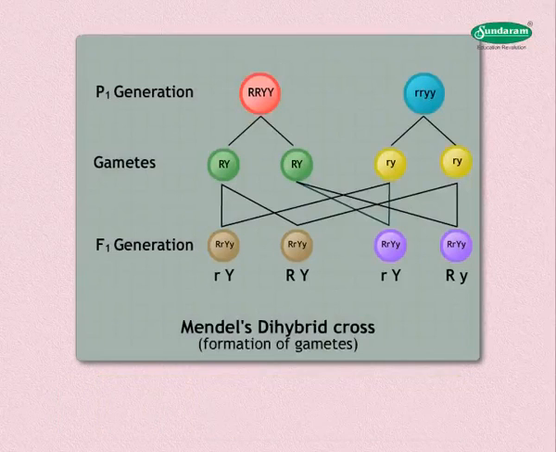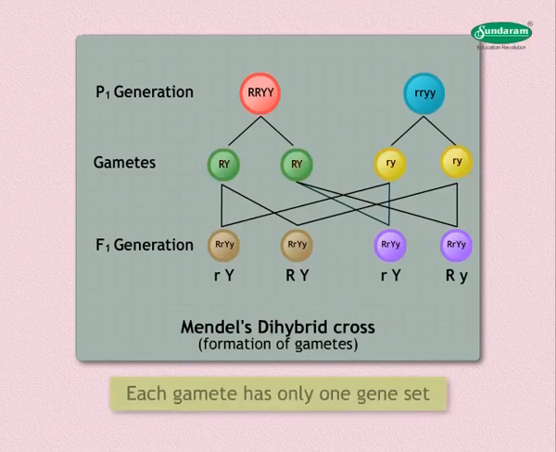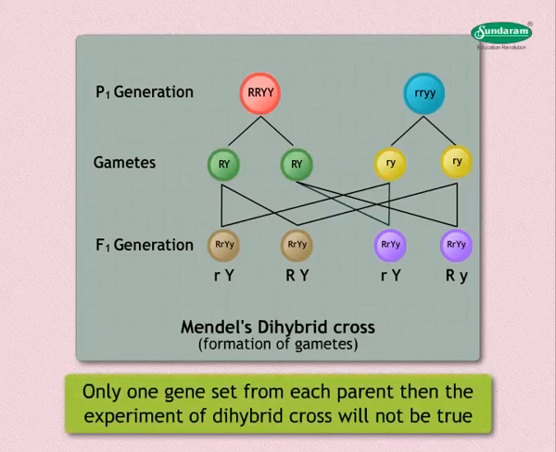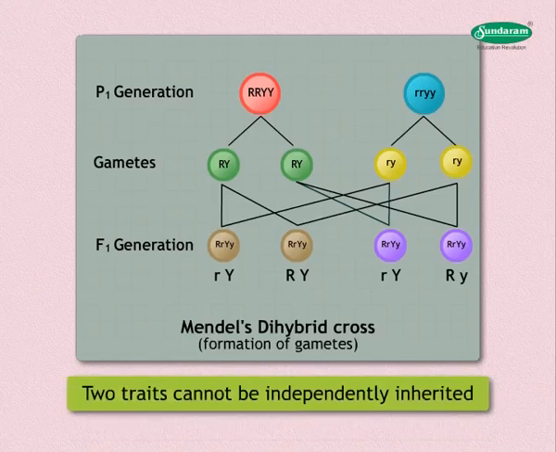Thus, each pea plant has two sets of all genes. Thus, each gamete has only one gene set. How do gametes or germ cells make a single set of genes from two sets? If the progeny plants inherited only one gene set from each parent, then the experiment of dihybrid cross will not be true, as two traits, namely R and Y, would then be joined to each other and cannot be independently